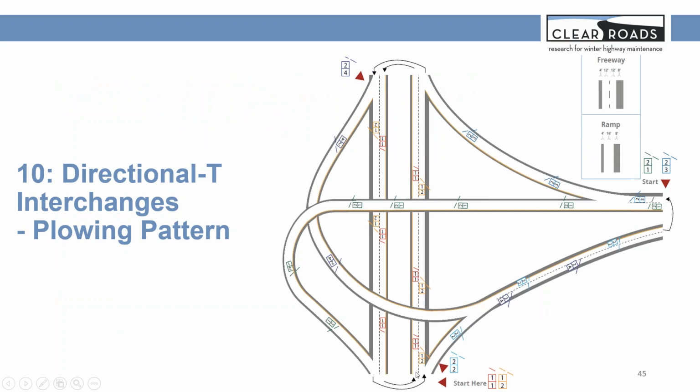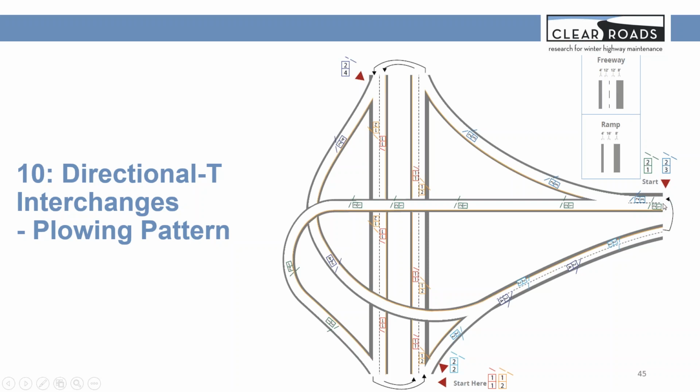Yes, track number 1, simple, right? We have two passes. First, use the front plow only to clear the left lane, and turn around, clear the left lane in the other direction, and turn around to use the wing plow to clear the right lane and the shoulder. Also turn around, and then you will finish the major road. And track number 2, starting from here to clear the minor road ramp. So pass number 1,